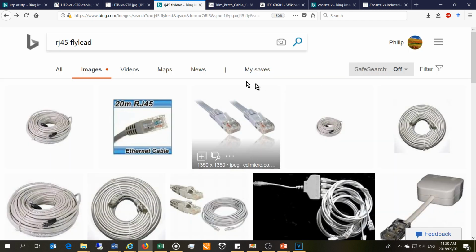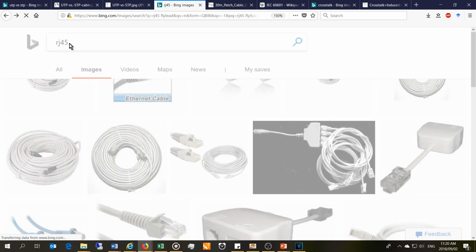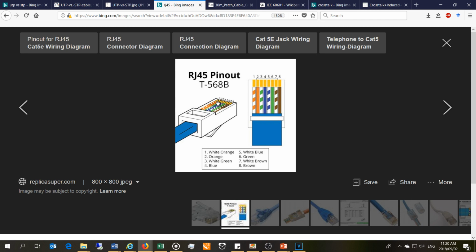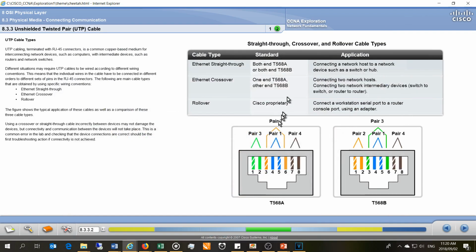so you can get an idea immediately of which is pin 1, what happens is, if you're looking at the RJ45 itself, pin 1 is the leftmost pin with the connector facing downwards. So you can see there is the lip, and here is the bottom of the connector. So pin 1 is on the left hand side. So it's very important to get that correct. So it is orange white, orange, green white, blue, blue white, green, brown white, brown. Now, you are welcome to watch my HD video on how to make these cables and how to make them accurately. All right, so moving on, we do have a crossover cable, which means if you would like to connect